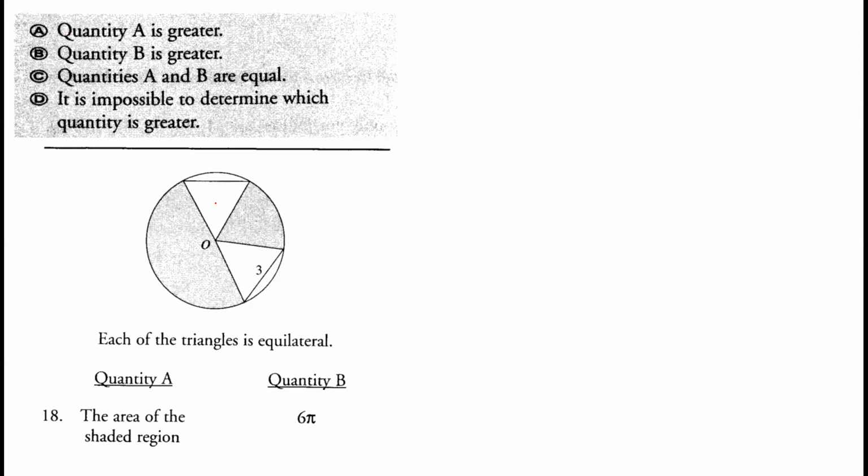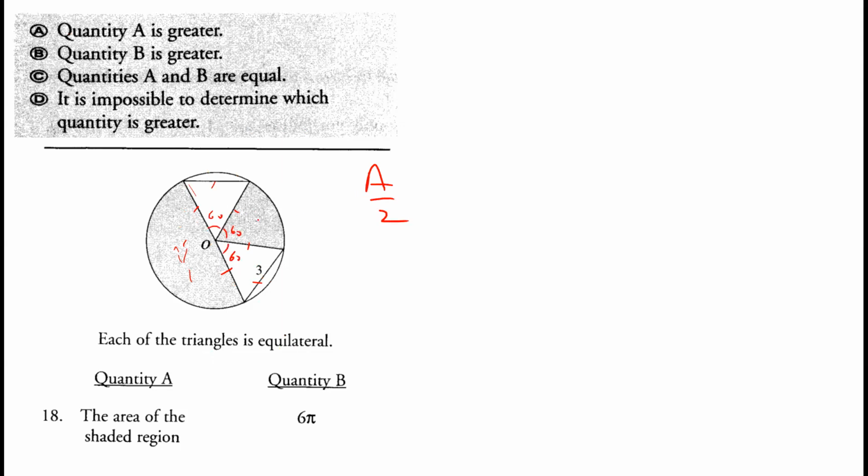Now we have this circle. Each of the triangles is equilateral. So equilateral means that this side equals this side equals this side. So this is 3, this is 3 as well. Now this shaded region would be area upon 2, and we have this as 60 degrees, this as 60 degrees, and this